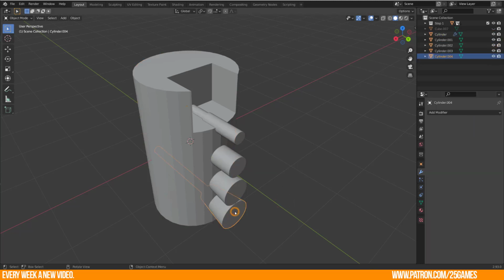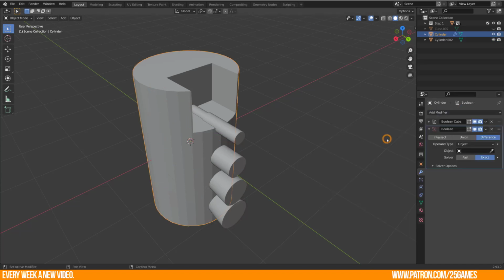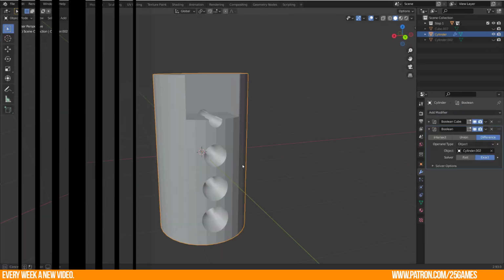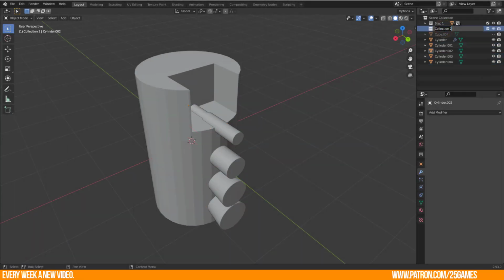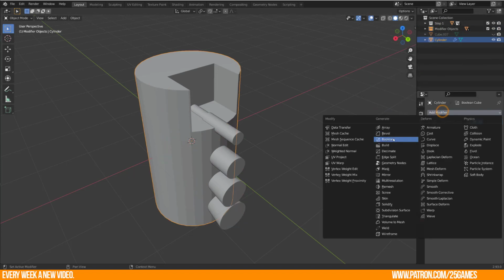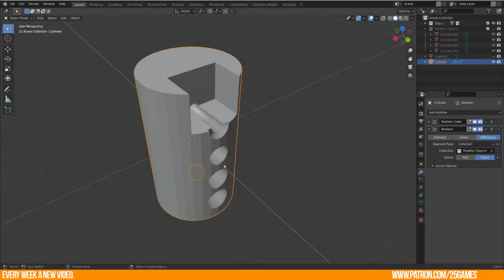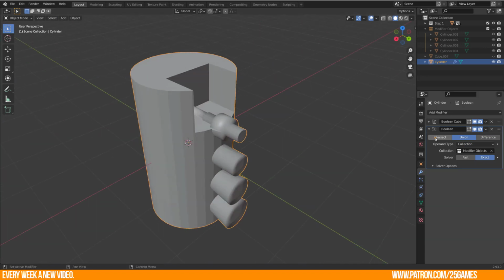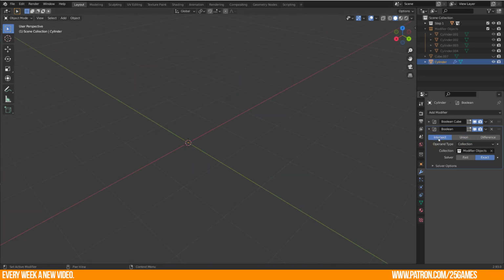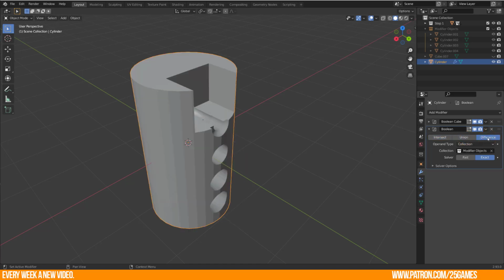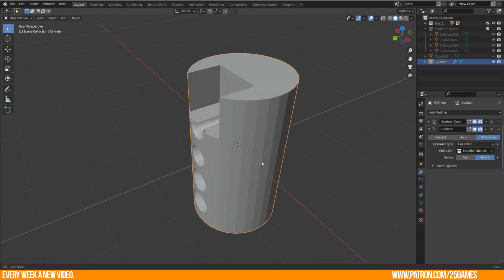For sure you have the option to join all those objects into one single object and do some pre-work for the modifier. Or you just put the objects in one collection and use this for the modifier operand type selection. Currently I'm not sure if the operand type with collections works together with the intersect mode. For me, just the union and intersect modes are working so far. Write to me in the comments if you have a different experience with this.